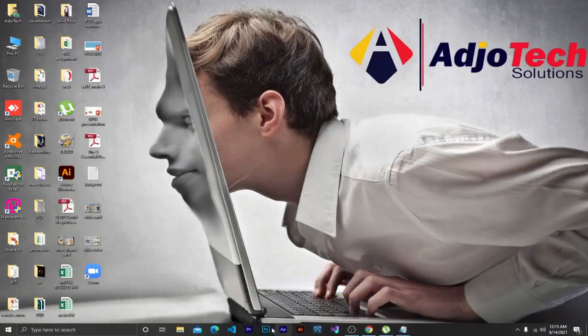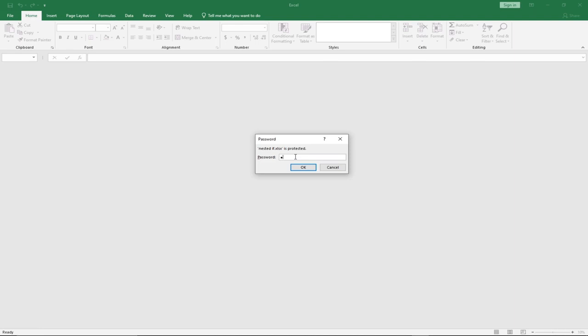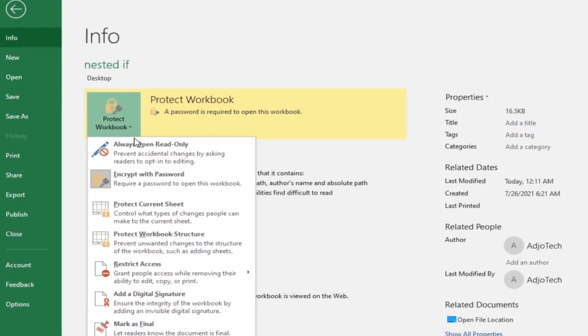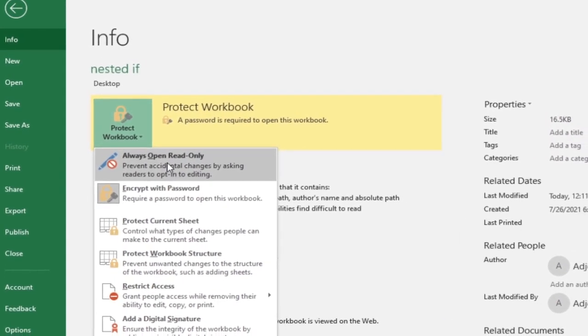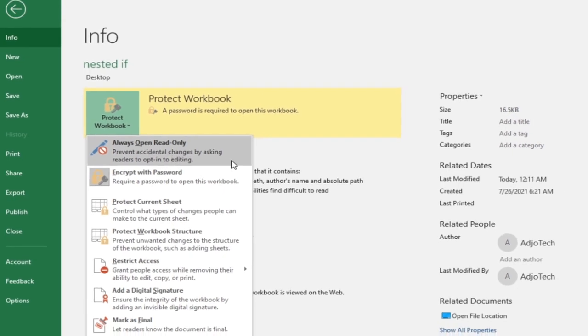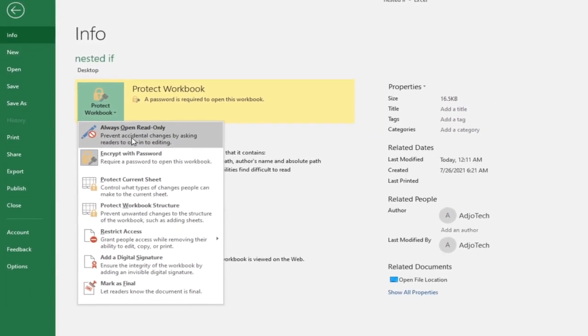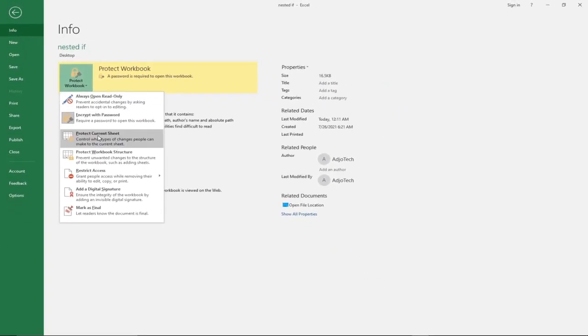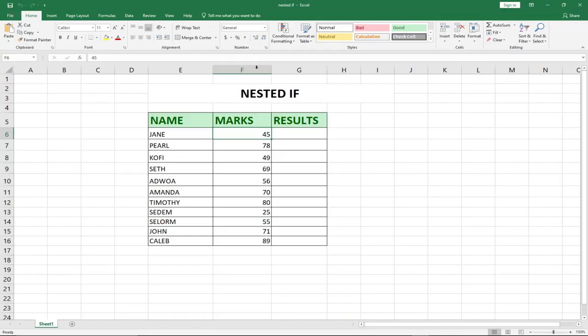Okay, so this is basically how to do it. So I'm going to enter my password and go to the content. Remember, you can also make your document read only. Read only means that the person can read the document but cannot make changes to it. So you go to the file option, and then you go through the same process. See the first option, always open read only, to prevent accidental changes. So we use this option to prevent people from making changes to the document, so they can read everything, but they can't make any change to it. So basically this is how to password protect your Excel workbook from